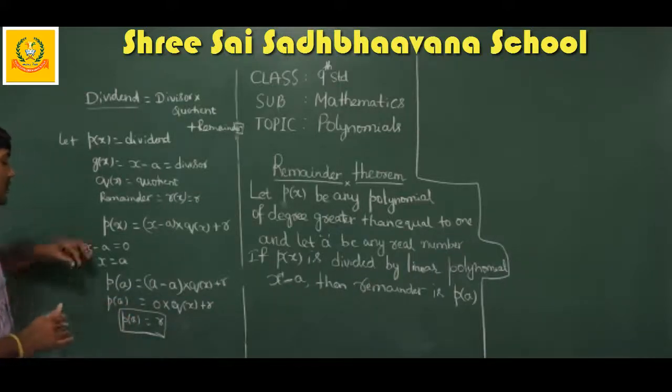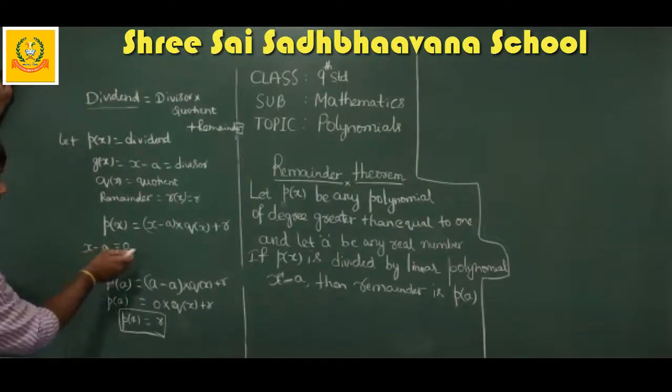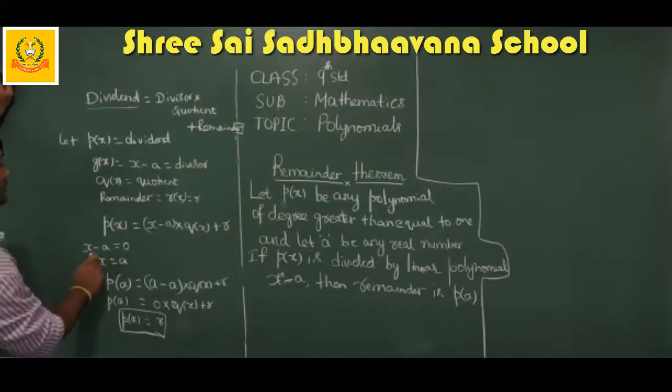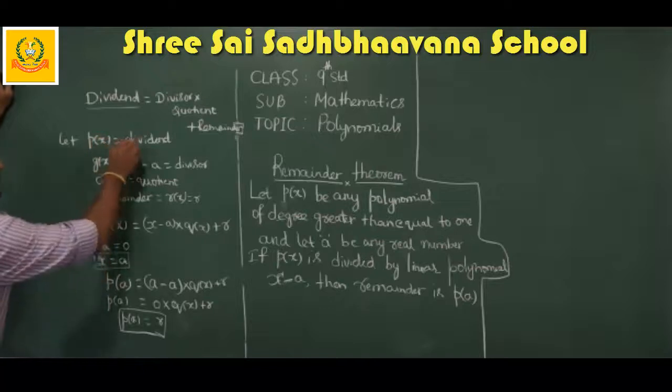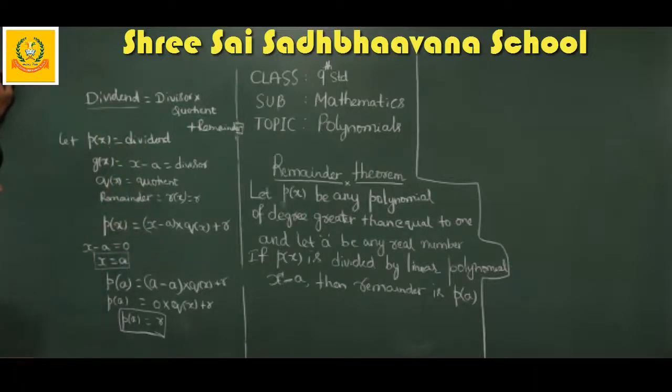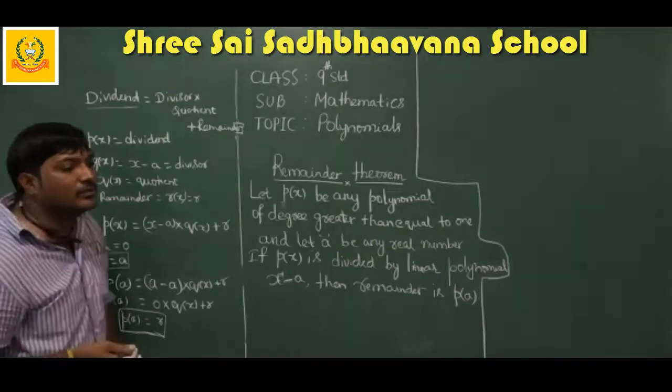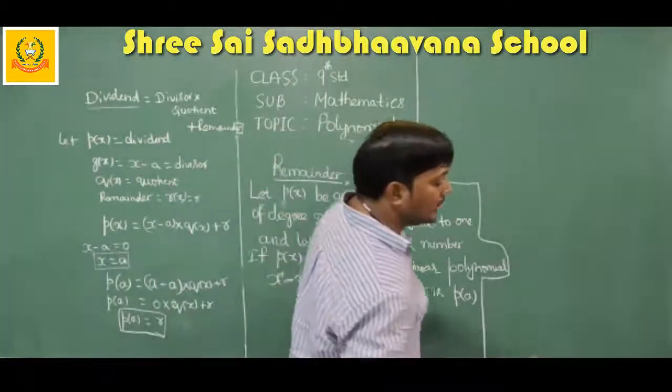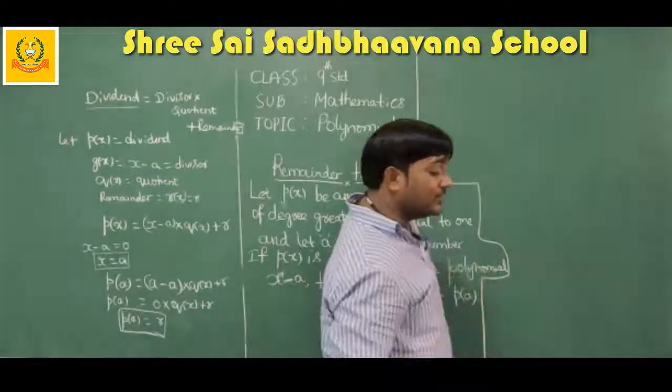It means if you substitute this real number a, see a is any real number. Okay, a may be 1 by 2, a may be 2 or 3, any number. But it should be a real number. So when you substitute x is equal to a in this P of x, you are getting the remainder r. So this is your remainder theorem. Okay, we are going to apply this for the sums. Just let me do some sums so that you can understand clearly what the remainder theorem is.